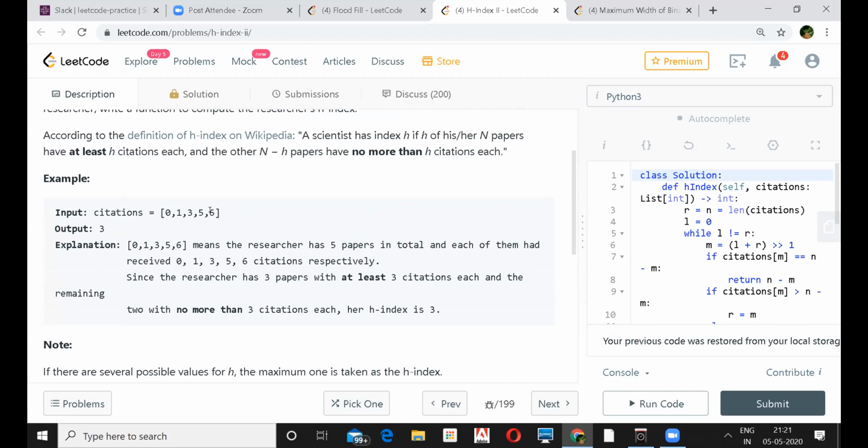So let's say, even there's an example of a list containing only one value of 100. Then what's the answer for that? If you have 100, then the least paper itself is 100. 100 minus 100 is 0. Yeah, but we have only one paper that has greater than or equal to that, and the condition follows with that. So the answer is 1 for that.